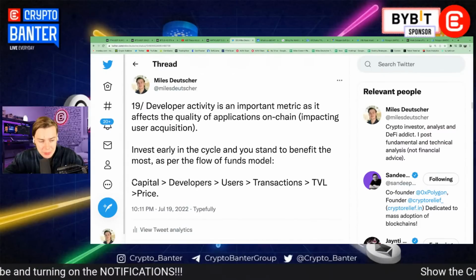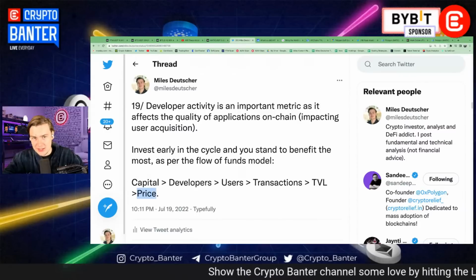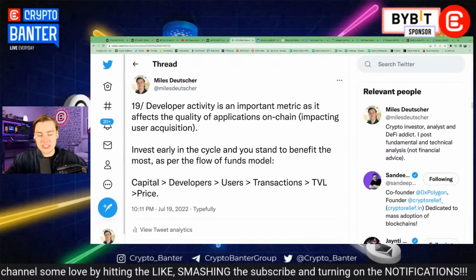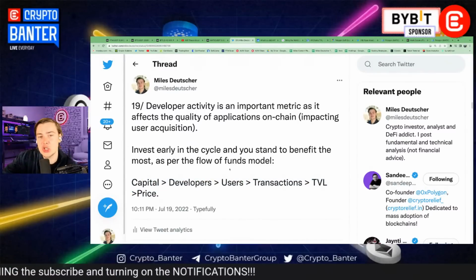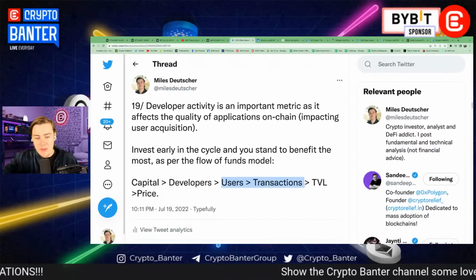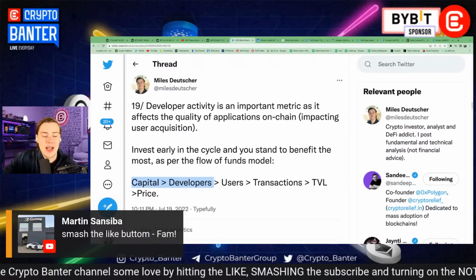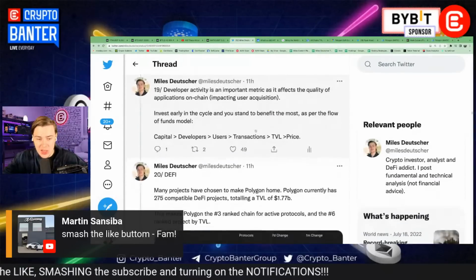So, if there's a major capital investment, that does impact the price from a DCF, discounted cash flow model perspective, because a lot of people are pricing in future growth based on the perception that capital inflows will increase TVL later down the track. So this is kind of interesting because we do jump the gun a little bit, but obviously the true retail FOMO and the true pump in the price happens around step 3 and 4, because that's when retail gets involved. VCs can pump it all they like. We can pump it all they like as crypto enthusiasts. But at the end of the day, that major price appreciation happens once real user adoption occurs,